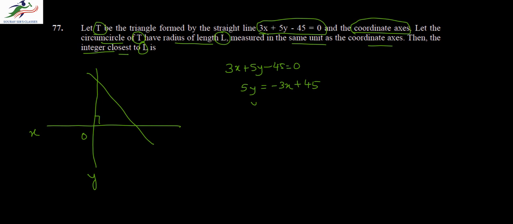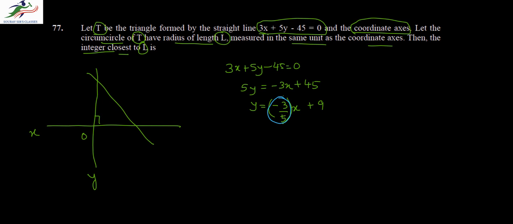So y is equal to minus 3 by 5 x plus 45 by 5, which is 9. So you can see that the slope of this equation, which is the coefficient of x, is negative. So therefore the slope would be negative as shown in the